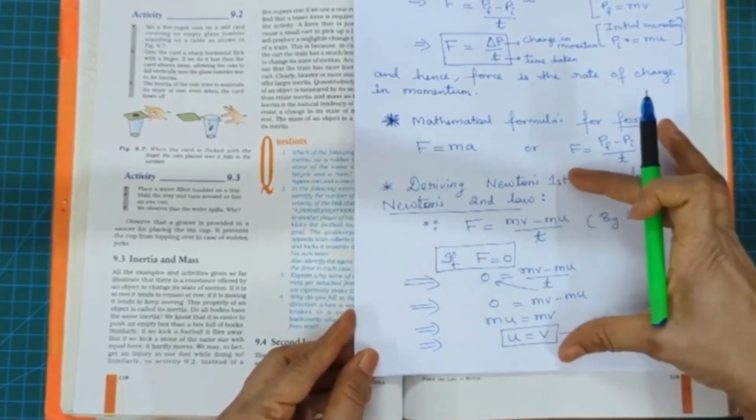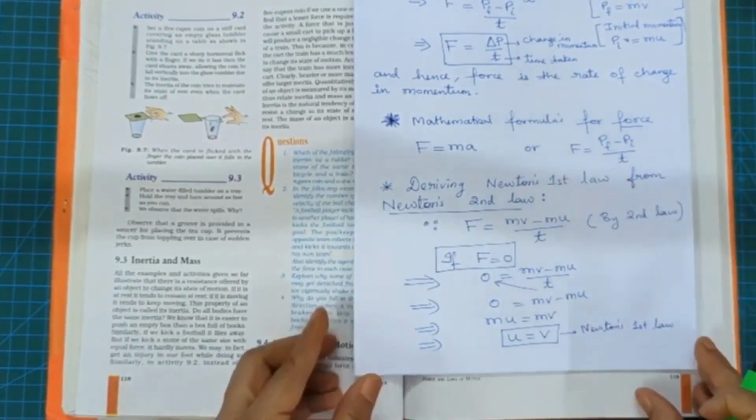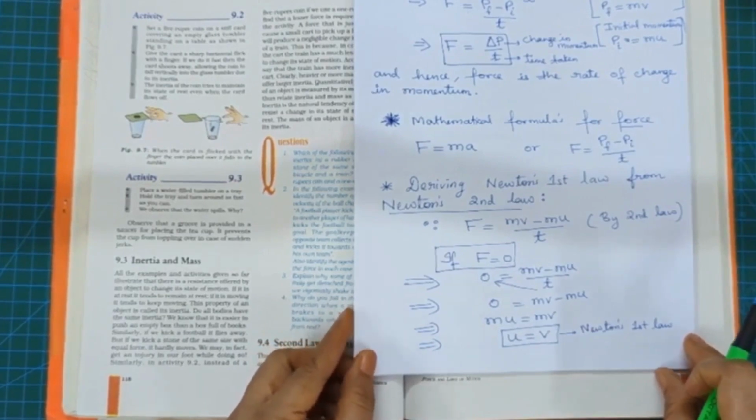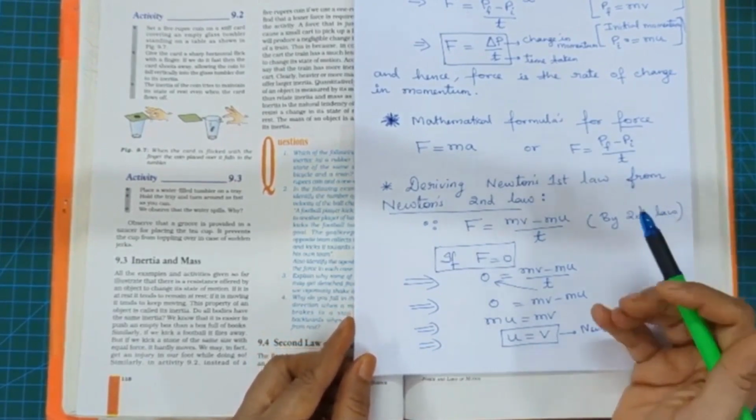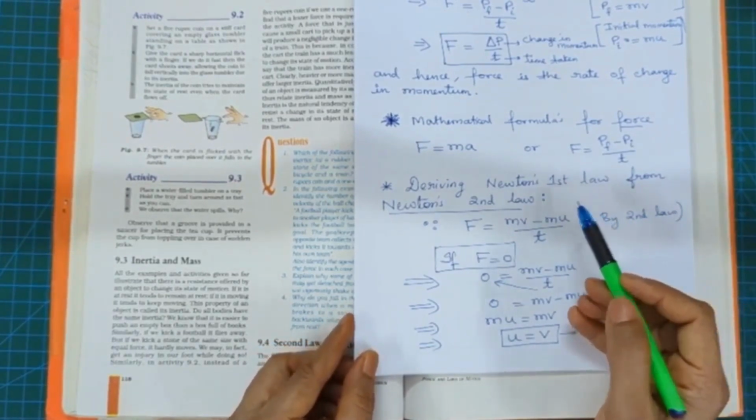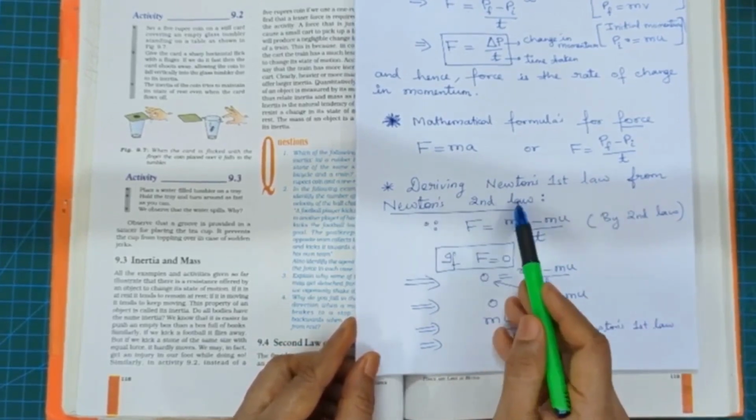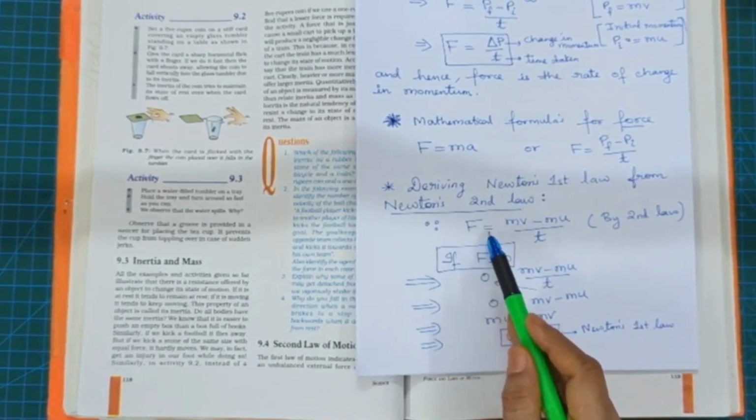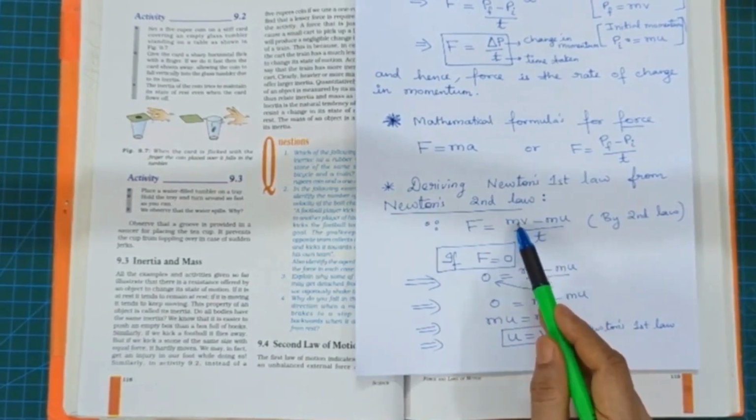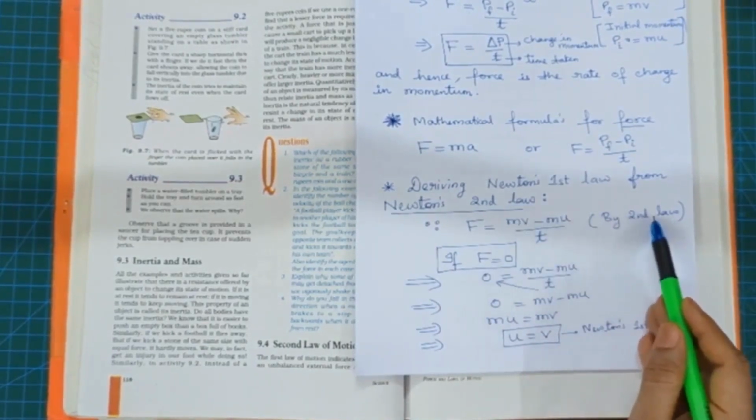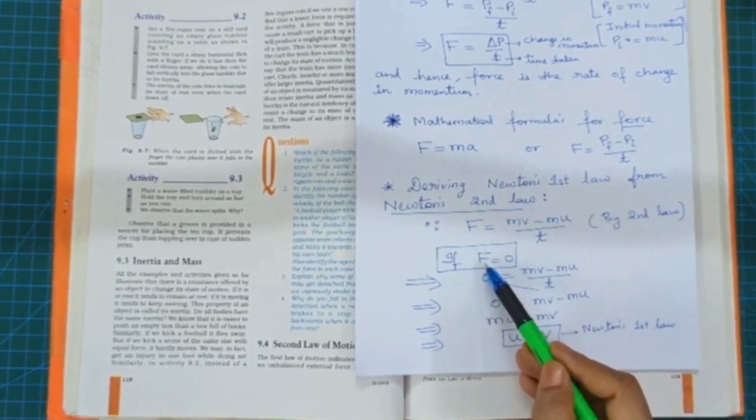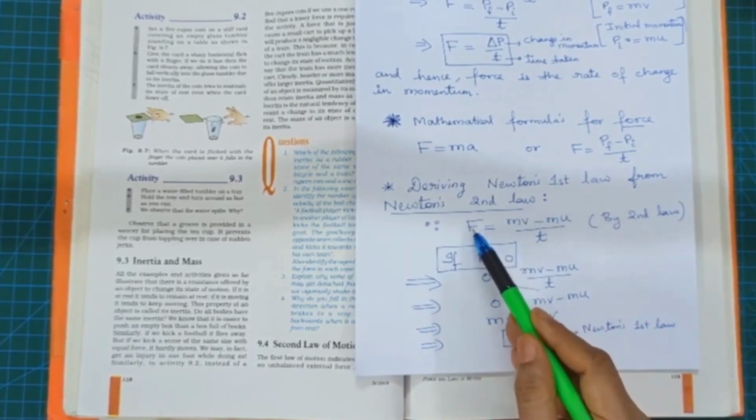Now this is an important part of this chapter: how we derive Newton's first law's mathematical expression from Newton's second law's mathematical expression. So, deriving Newton's first law from Newton's second law. Newton's second law says force is the rate of change in momentum. That's by the second law. The first law states that if no force is applied, so if we make force 0,